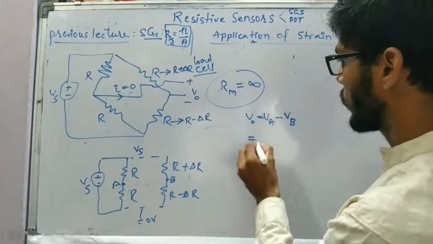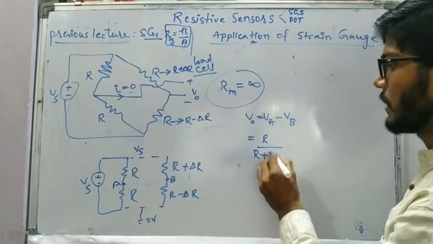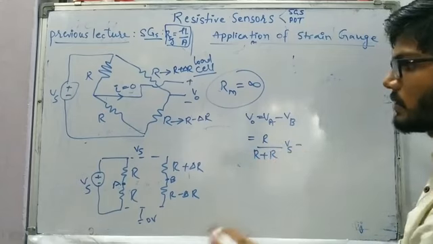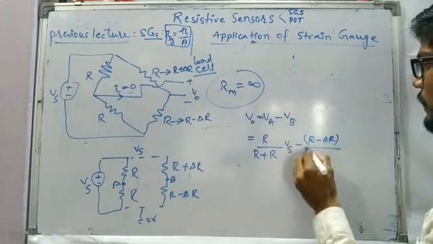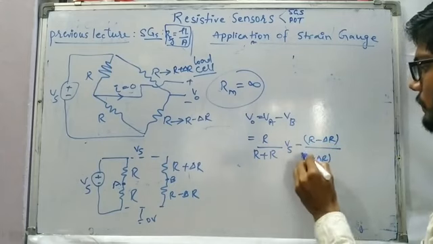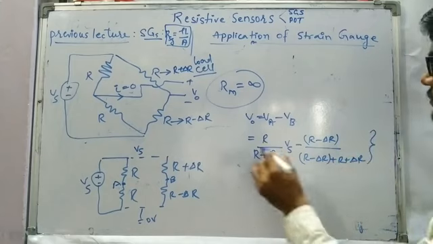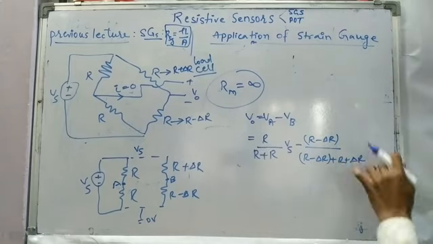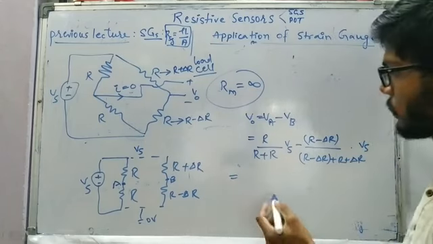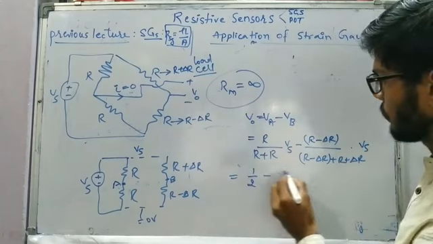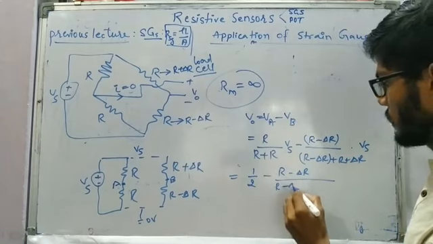So voltage at point A, just using simple voltage division, is R divided by R plus R into Vs, minus voltage at point B, which is R minus delta R divided by R minus delta R plus delta R, and this thing is multiplied by Vs. Now R by 2R is going to be 1 by 2, minus R minus delta R divided by R minus delta R plus